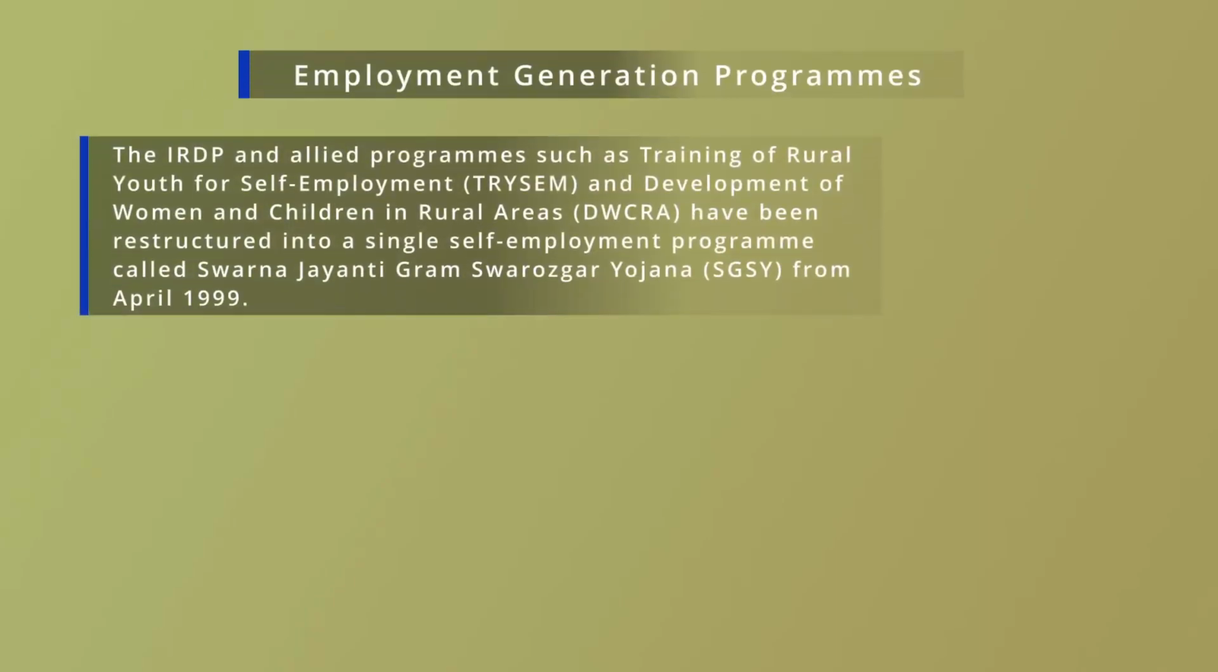of poverty and inequality. Therefore, the IRDP and its sister programs like Training of Rural Youth for Self-Employment, TRYSEM, and Development of Women and Children in Rural Areas, DWCRA, have been restructured into a single self-employment generating program called the Swarnajayanti Gram Swarozgar Yojana from April 1999. The basic purpose of the Swarnajayanti Gram Swarozgar Yojana is to coordinate different types of programs within a single